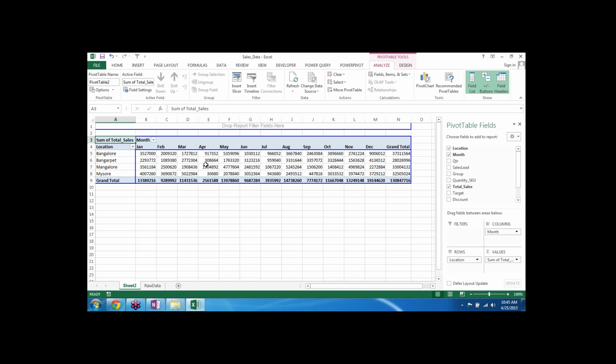Now somebody might ask what is the logic of putting months over here and location over here. I say there is no such logic. It depends on how you want to visualize and how much space you have to visualize the data. But yes, at certain points you will see that bringing up the location here would help, or bringing up the months in this place will help. Otherwise there is no such difference.